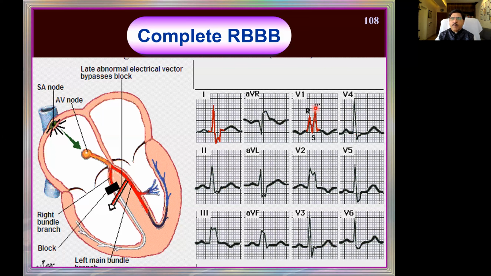You have an R1, R dash. The first one is left ventricular activation. The second one is the right ventricular activation. An R dash pattern will be there. It will be seen in V1 and V2, and slurred S waves in L1, AVL and V5, V6 also. So you can see here V5, V6 also.